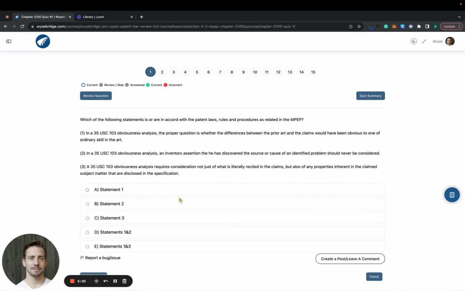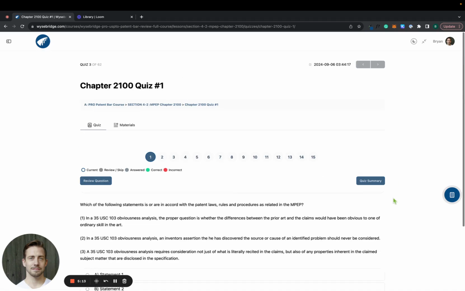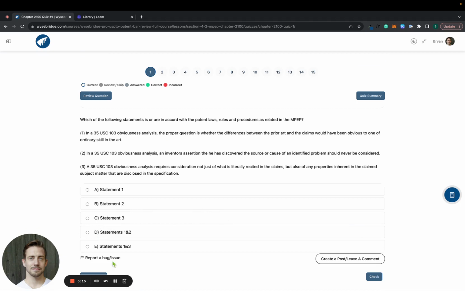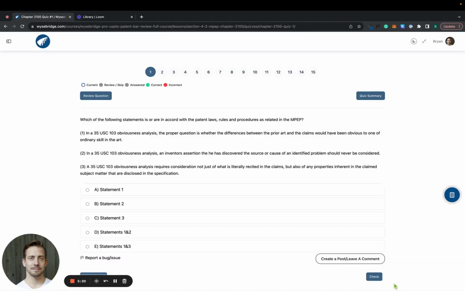the question. You also can come down here and click on this button down here, which is to report a bug or issue. So if you see something technical that's happening here, something's going askew, just click this. You'll get a little pop-up, and you can always leave us a note, and we'll come take a look at